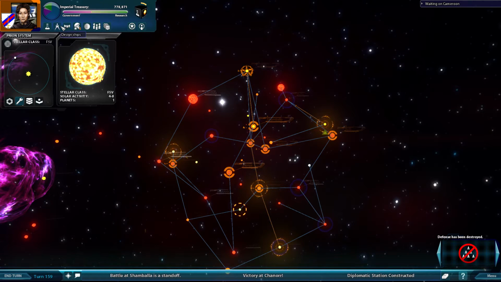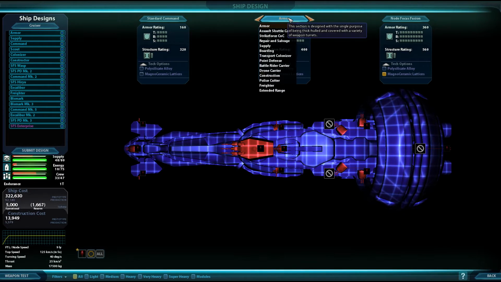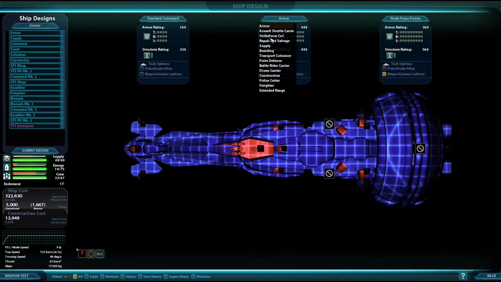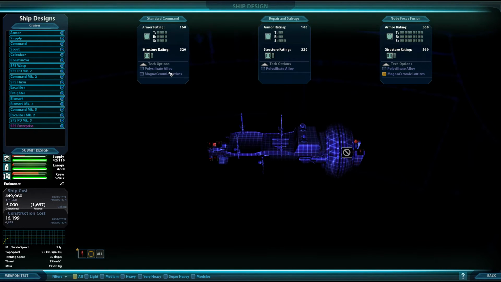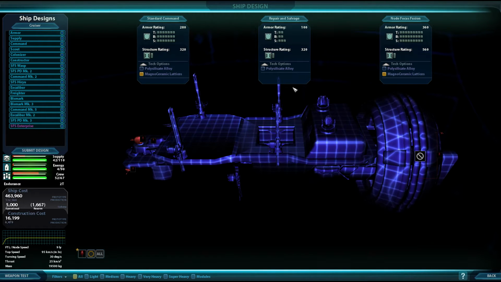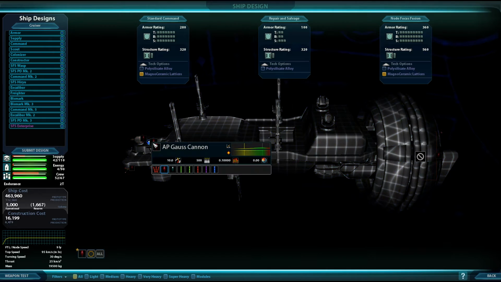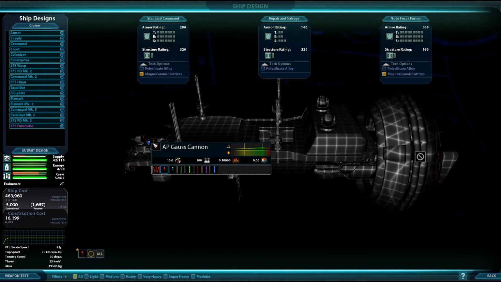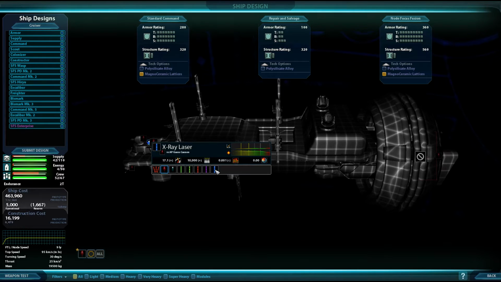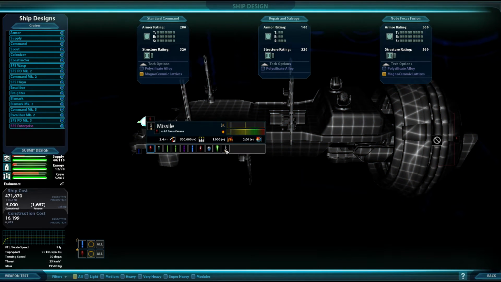The other thing, can we design a repair ship? I don't recall. Construction, repair and salvage. We should build one of these and bring it along in our fleets now that we have a little bit more space in the fleet. Because if we're going to do an invasion somewhere, we definitely want to have...